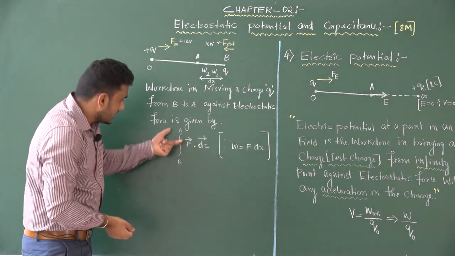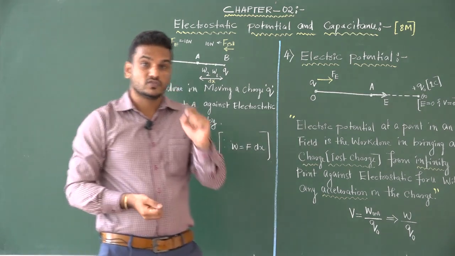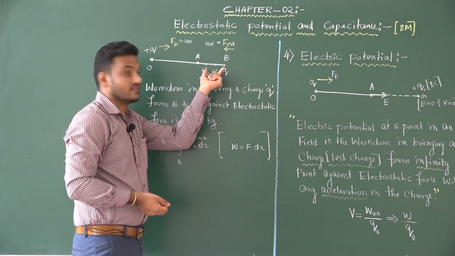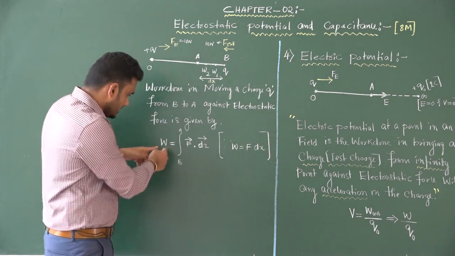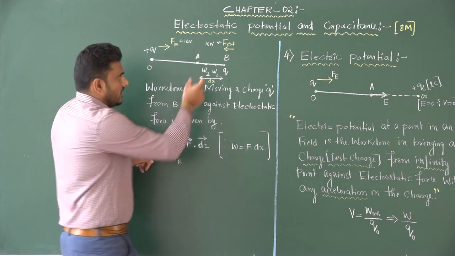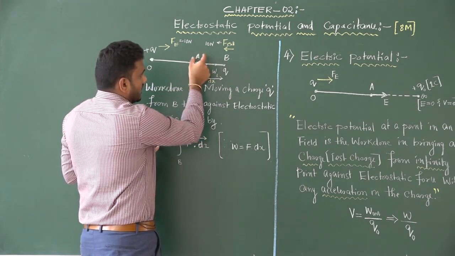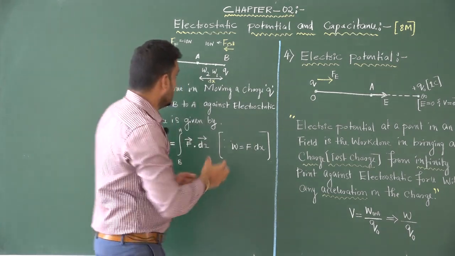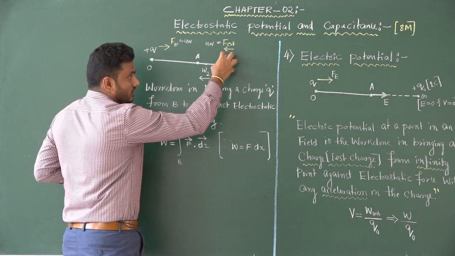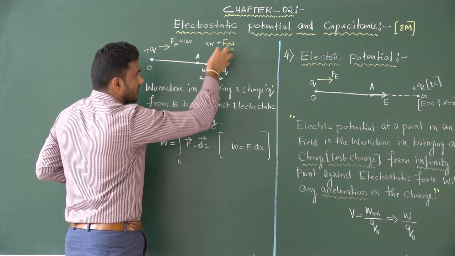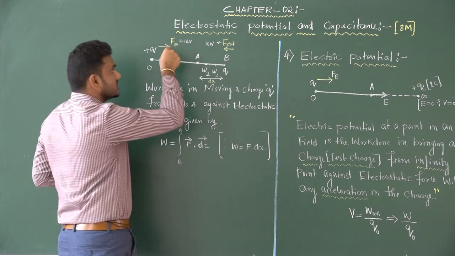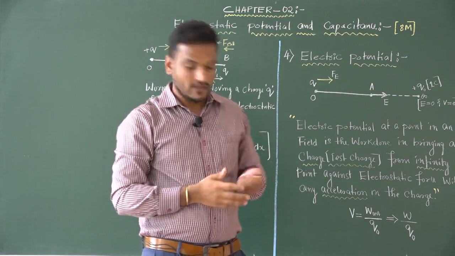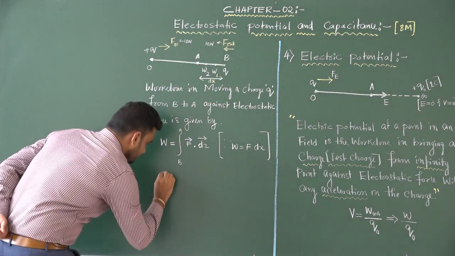So why are we using integration to calculate the total work done in order to move a charge from B to A? Since it varies from point to point, this gives the total work done to move the charge from B to A against the electrostatic force. And one more thing you can notice here: the work we are doing to move a charge from B to A is opposite to the direction of the electrostatic force. In the opposite direction we are moving, which means the equation becomes